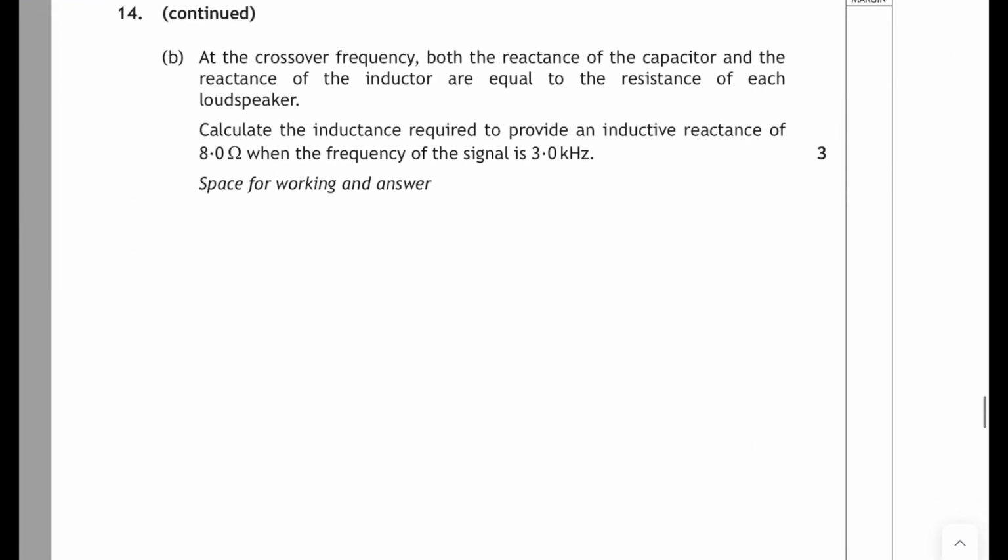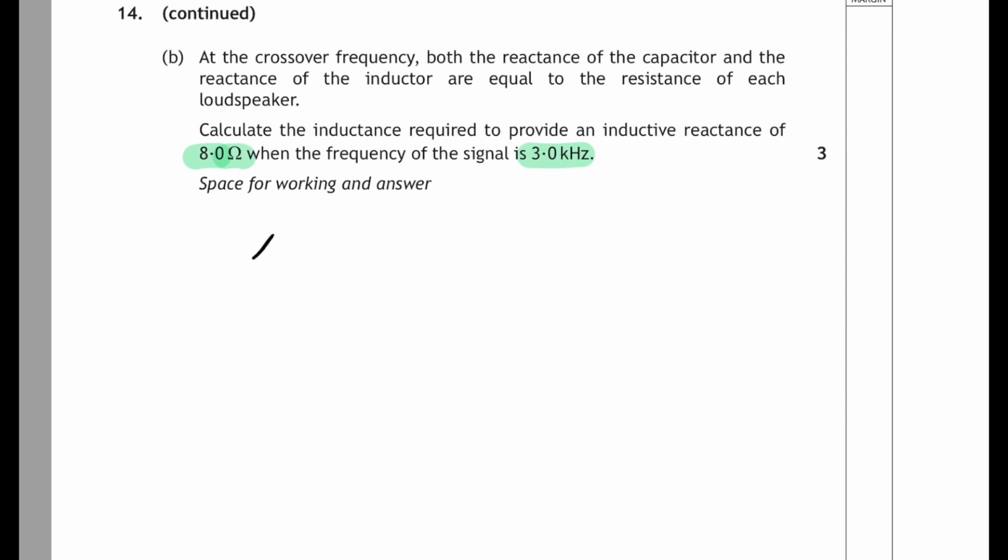Right, 14b. At the crossover frequency, both the reactance of the capacitor and the reactance of the inductor are equal to the resistance of each loudspeaker. And we have to calculate the inductance required to provide an inductive reactance of 8 ohms when the frequency of the signal is 3 kHz. That's quite wordy, but basically calculate the inductance L when the reactance X is 8 ohms and the frequency is